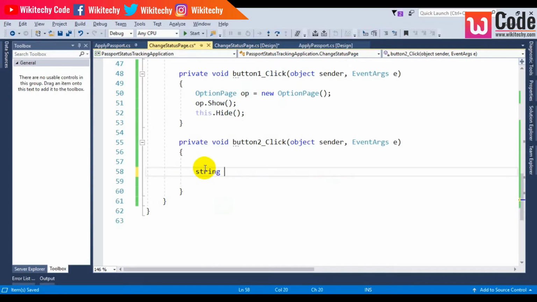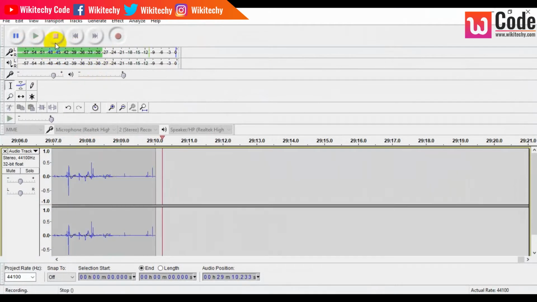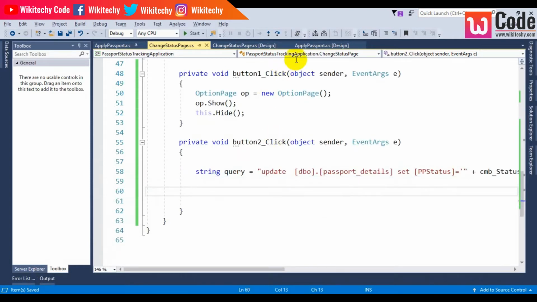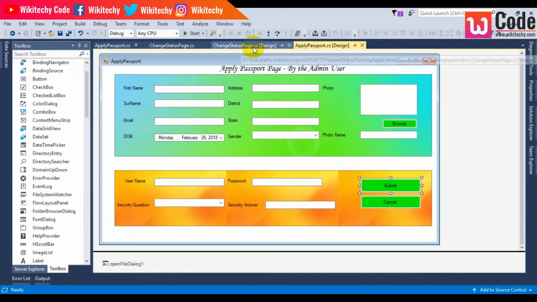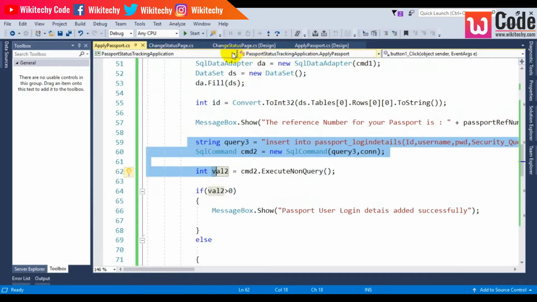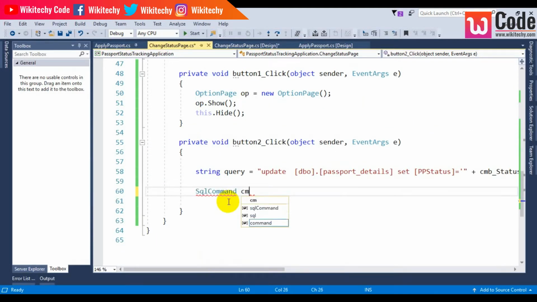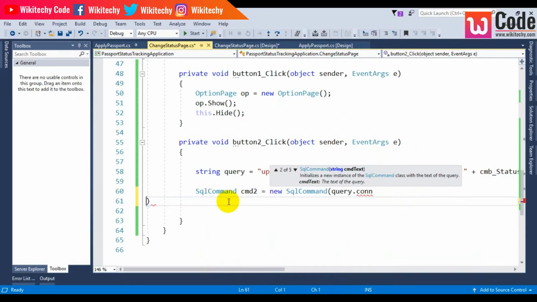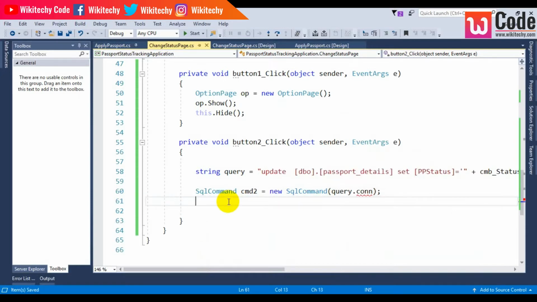I have a string query. Query is equal to, I put this one. I'll go here, I'll take this query. No need, we can go and type it. It's really a very simple one. I've got a SQL command, cmd2 is equal to new SQL command. So I'll give this query comma connection, comma, cmd2 dot execute non query, int status is equal to